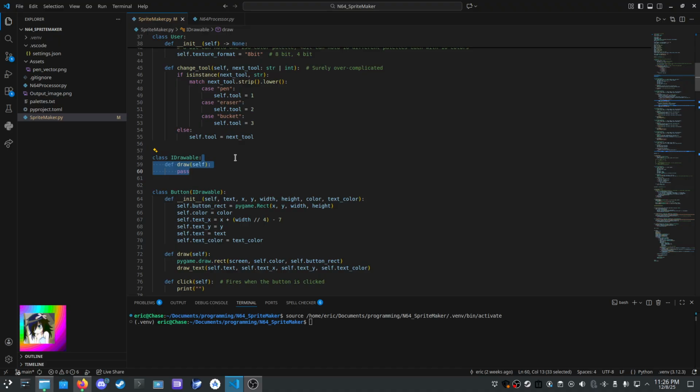This is an interface class. If you know C or have used C at all, you'll be familiar with this. I fought my dad thoroughly over creating this class in the first place because I said it was dumb and stupid, and creating a class to do nothing is dumb and stupid and pointless.